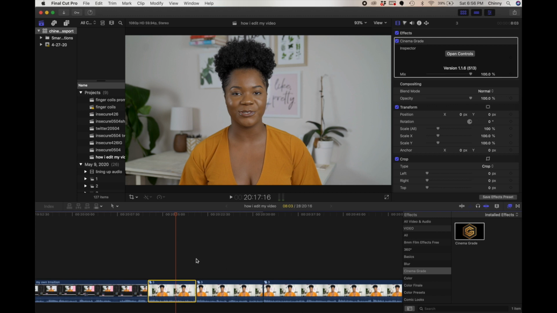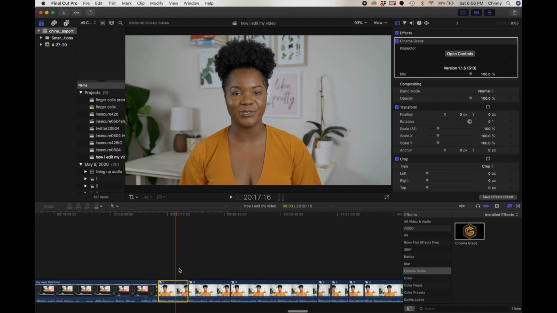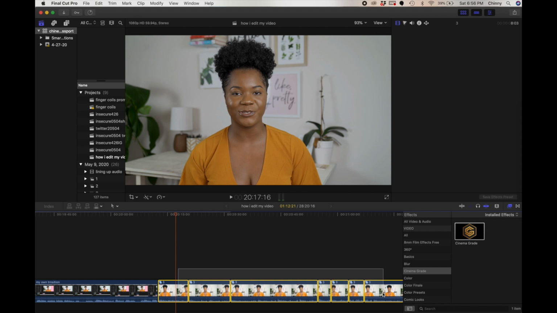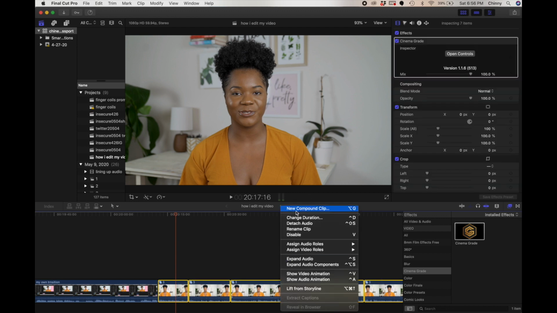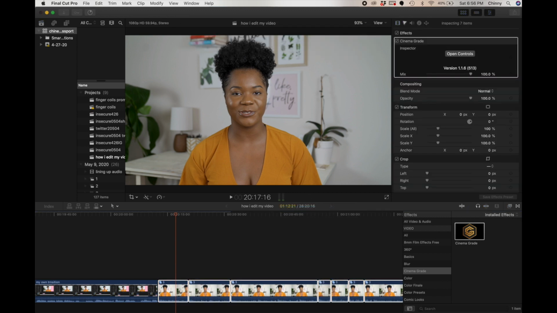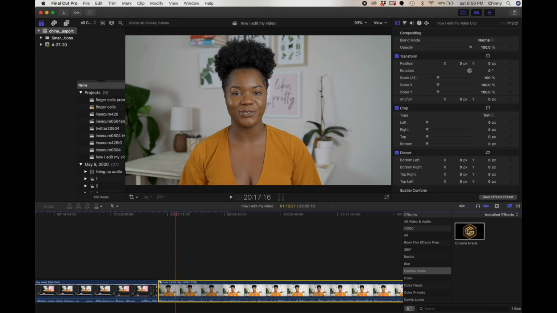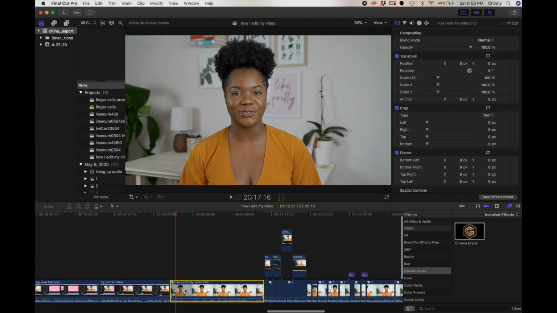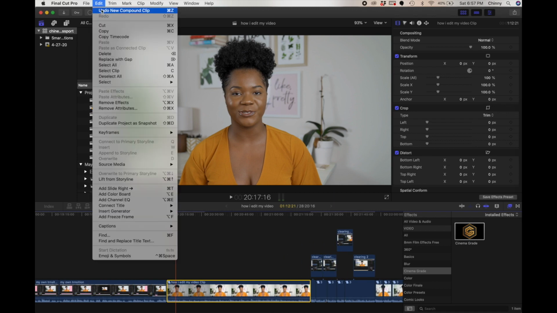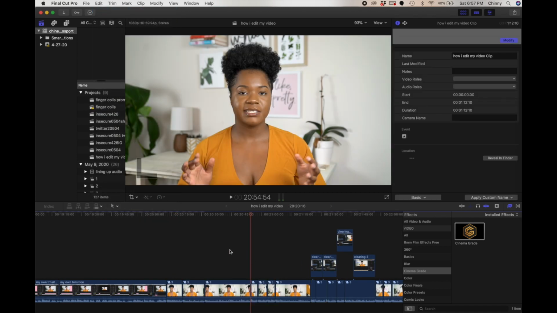I'll typically do this at the end of my editing process and basically formulate clips into just one clip. For example, I would do something like this, new compound clip, and then just apply this same preset to this one giant clip. But since I'm not at that stage yet, I'm going to hold off, but that's basically how I would